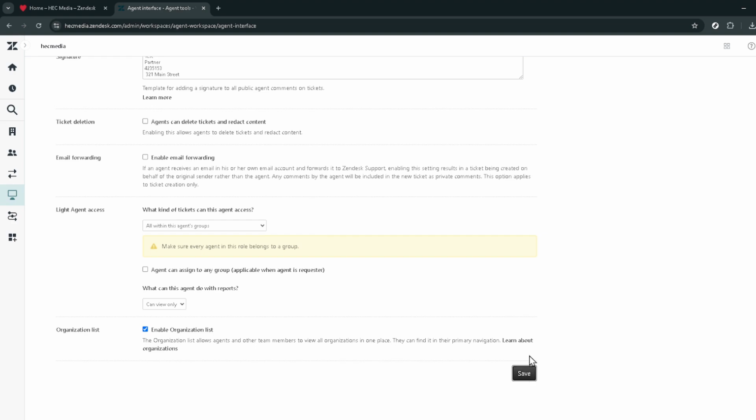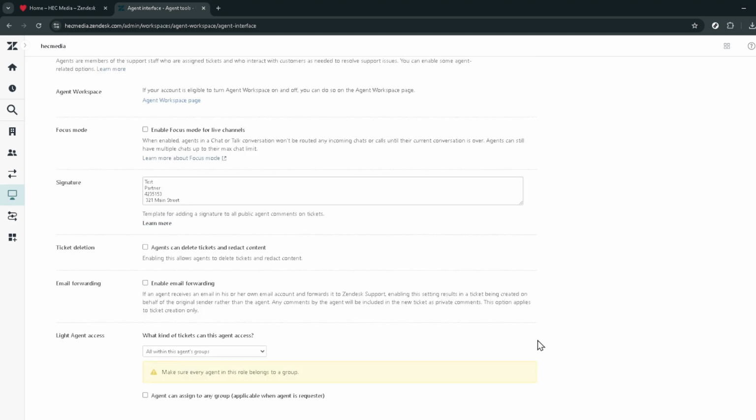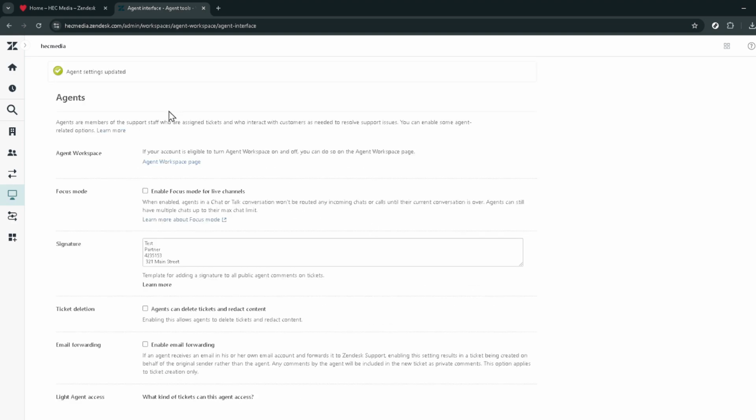Remember, your email signature is often one of the final points of contact after a service interaction, so make it count. It should reflect your professionalism, your brand's identity, and provide essential contact information or even a call to action. And that's all there is to it. By following these simple steps, you've successfully updated your signature on Zendesk, ensuring your communications are always up to date